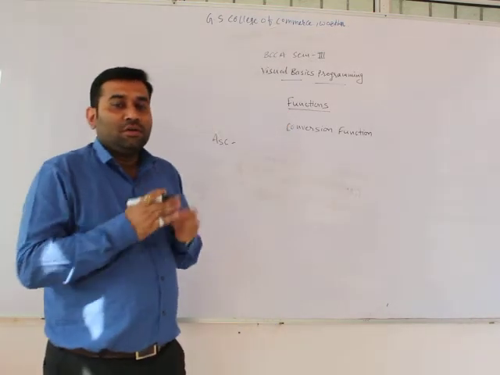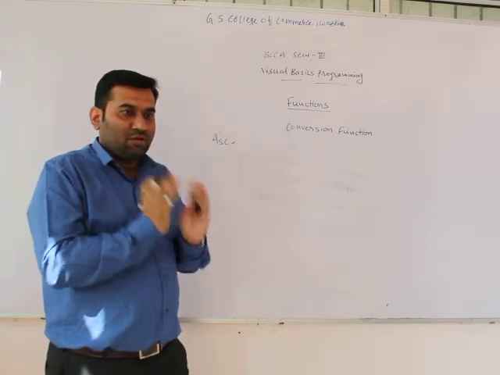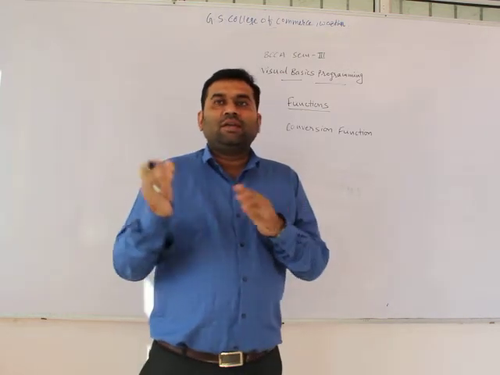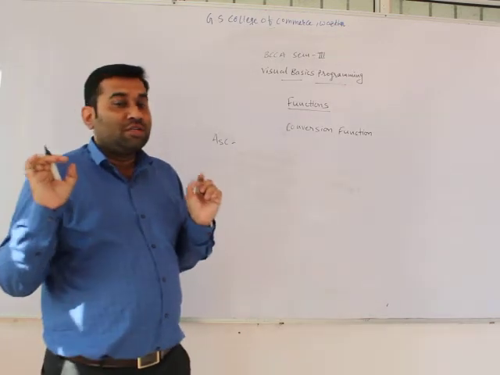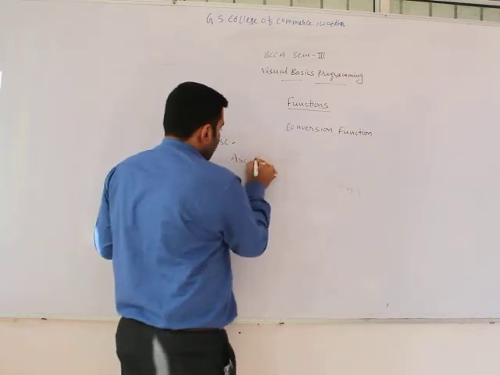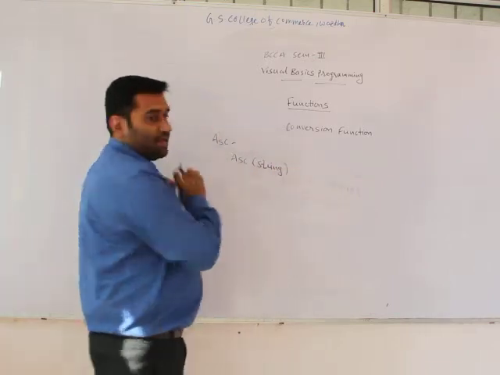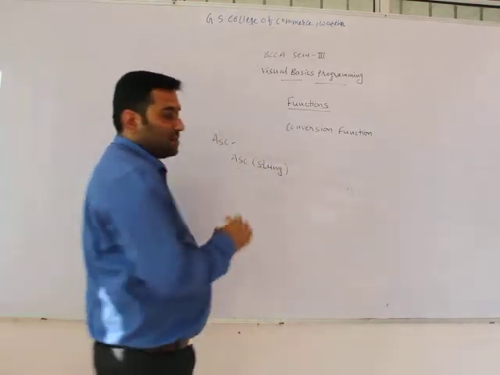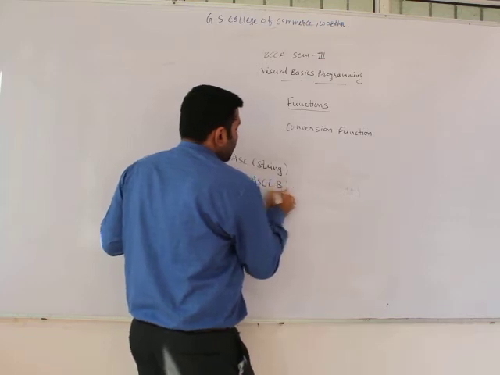The code for a small letter is different from the code for a capital letter. The syntax is ASCII and the string. C equal to ASCII B